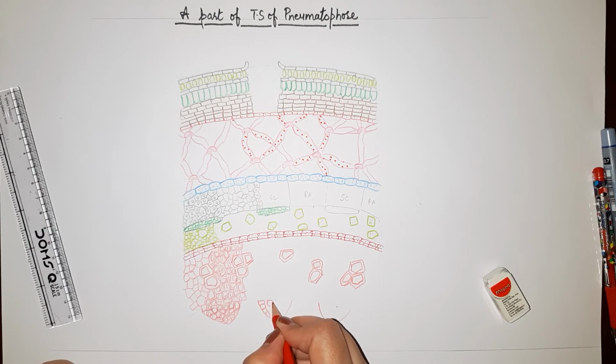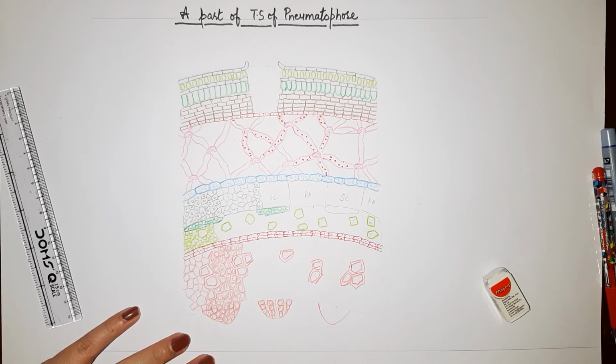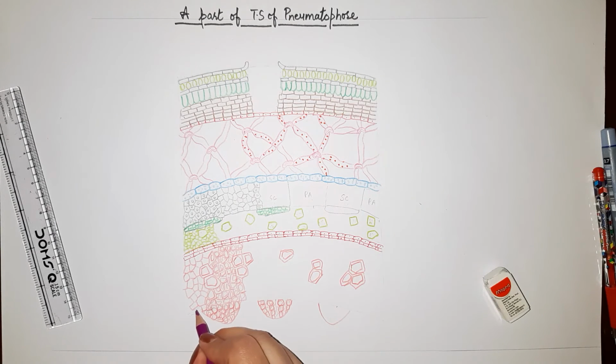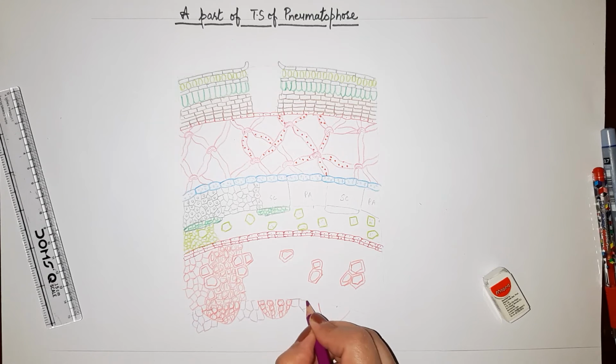Try to make them in a line, double walled, and the gaps can be filled with simple cross sections showing the parenchyma cells. And the central part is pith. So the cells of pith starting from secondary xylem are slightly polygonal, but towards the center you will make these cells circular.